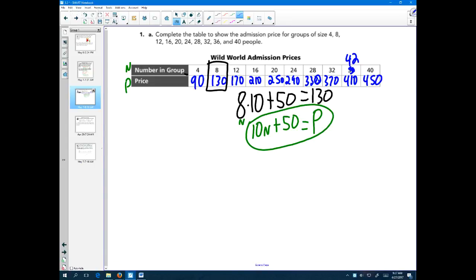Lisa, you knew this one. Remember, Mason? Why does the table go up by 40 every time instead of 10? If it's 10N. It's in your PDF. What do you have for B? You can just read it to us if you'd like. Goes up by 40. Because